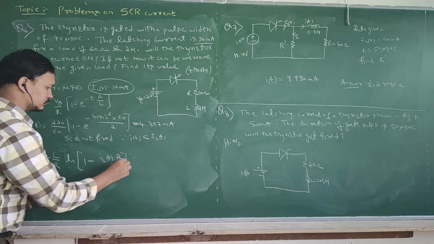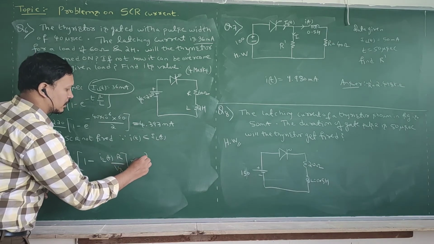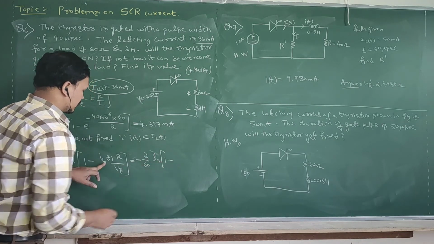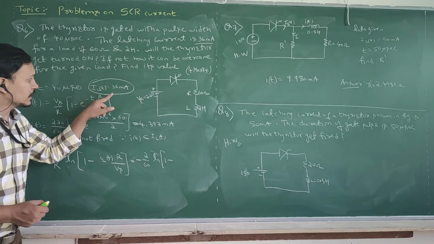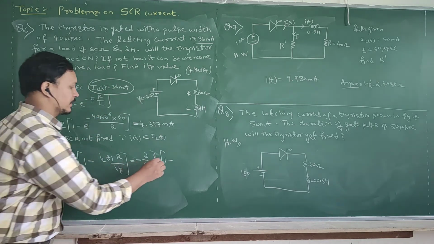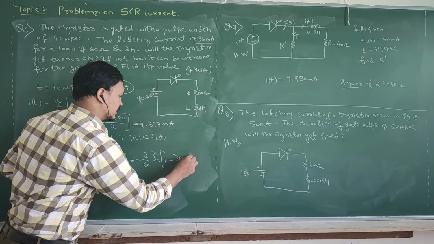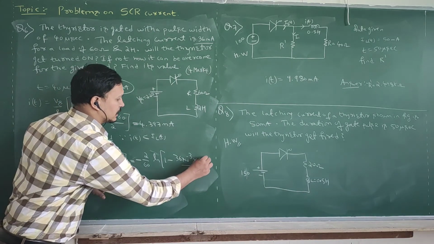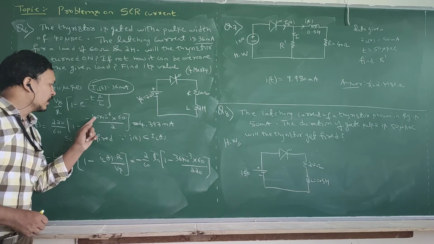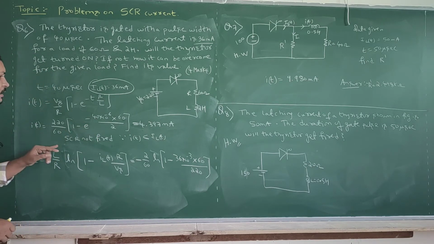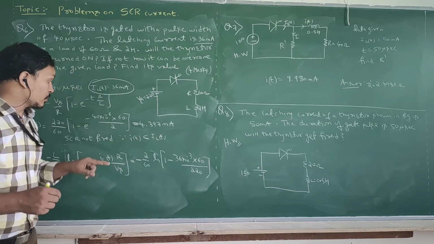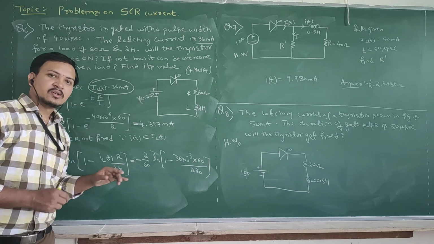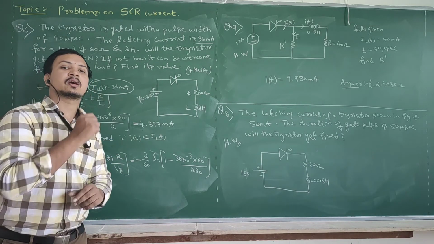This is the formula. Now substitute: minus, what is the inductor value? 2, resistor is 60, into natural log 1 minus. Now see, I want to turn on the SCR, therefore I should take this current only here, 36 milliampere, 36 into 10 power minus 3, into the resistance value 60, divided by our voltage, 220. Okay. See, for 40 microseconds I got current 4.39 milliampere. For what time can you expect 36 milliampere? If you find that time, you can trigger the SCR at that particular pulse width duration.